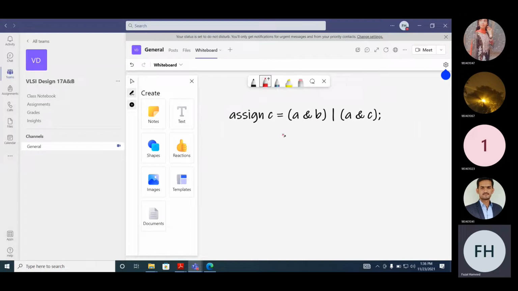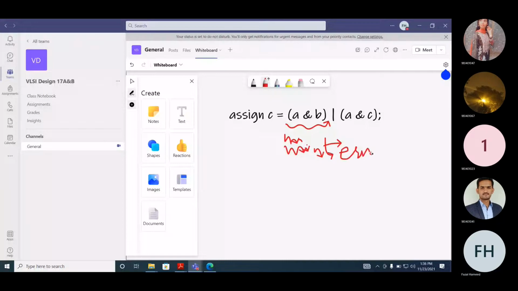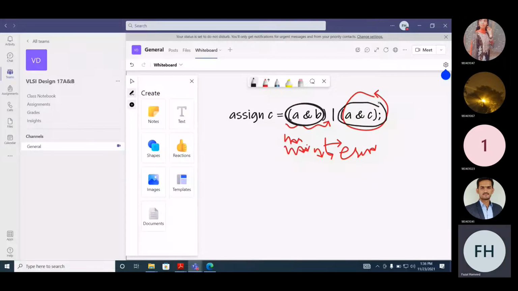Now if you look at here, this is a min term, am I right? This is a min term, and this is also a min term. So actually two min terms are implemented. And in between, there is an OR gate.